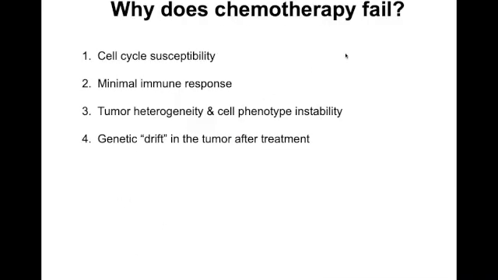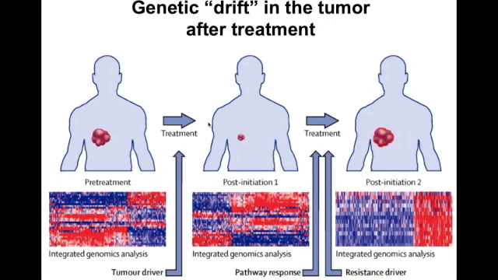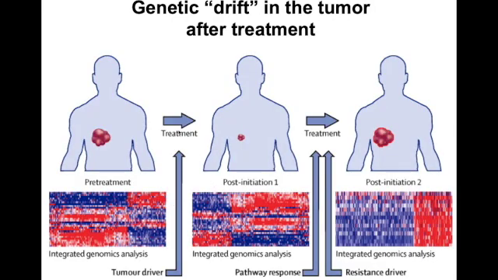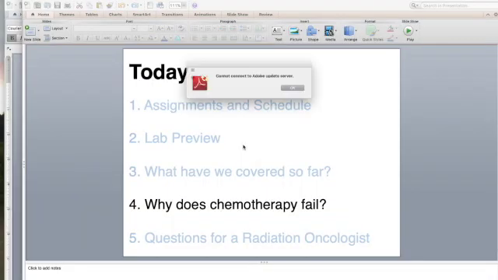Another reason is genetic drift in the tumor after treatment. So what we're talking about in number 3 is the natural development of phenotypic instability, where the tumor itself is starting to look different from other pieces of the tumor. But you can induce this kind of phenotypic instability through treatment itself. So if you give a patient, for example, with a kidney tumor, a treatment, and it's mostly responsive to that treatment,